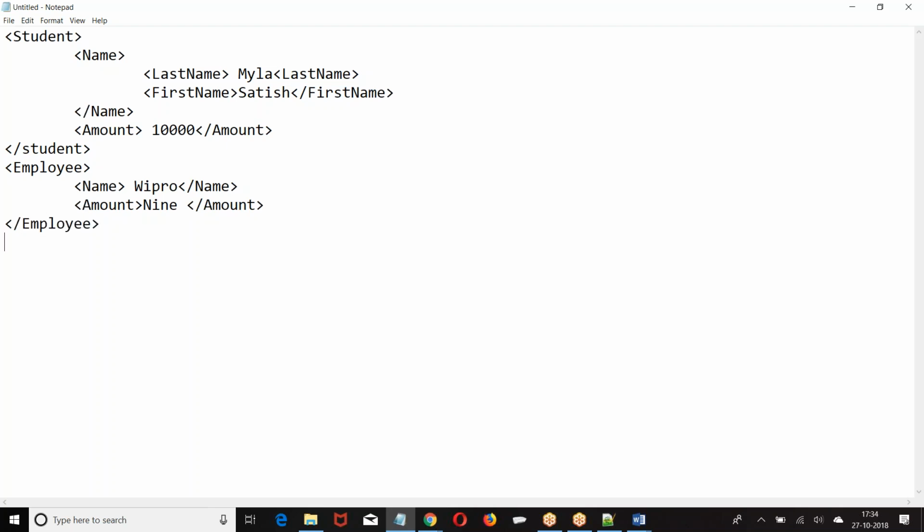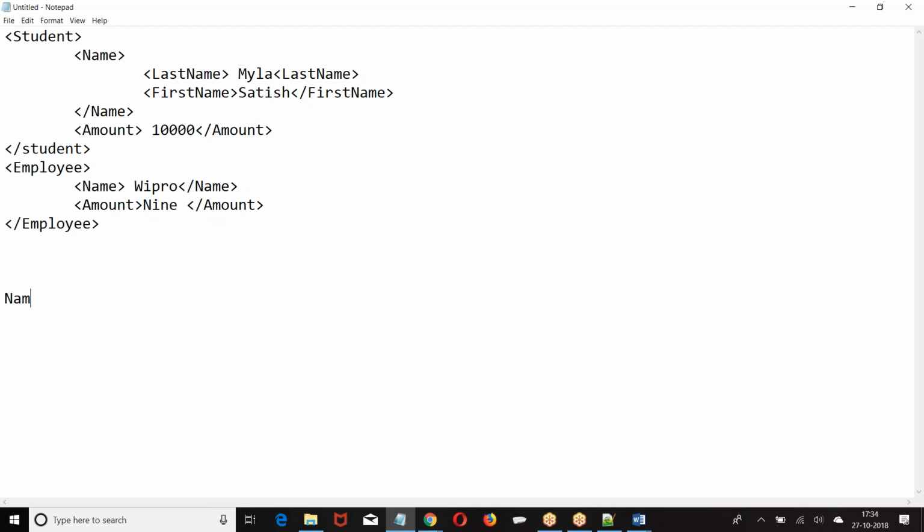This is what I get. Now, when you look at this, if I am calling a name, what is the meaning of this name? There are two names. If you look at the element called name in a student, it has the name of the student, first name and last name. If you look at the name in the employee, it is the name of the company. So when I call a name, what is that name? Is it a name of a person? Is it a name of a company? What is the length of it? Do you have any specific format? How do you know? This is ambiguity.